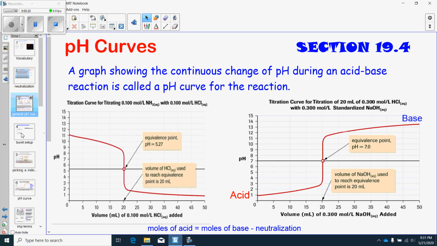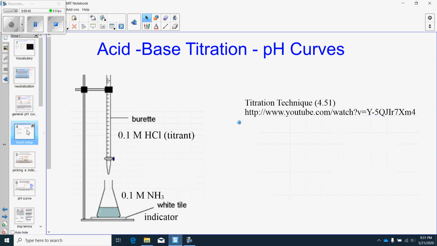Let's go back a minute and see what kind of data they would have to measure in order to figure out how this pH curve looks. I think we have to take a step back and look at a setup for a titration solution. So if you come back here, and we'll be doing more with titrations a little later,